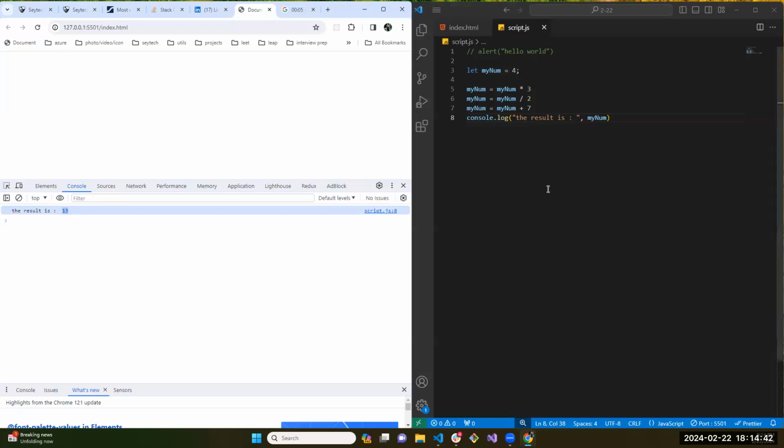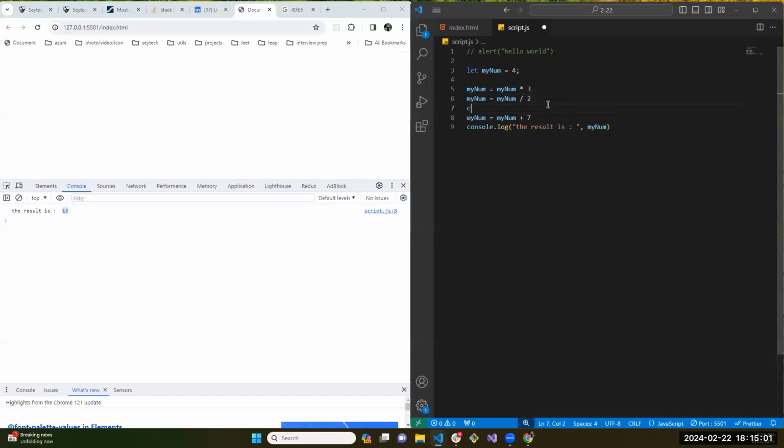And then what I can do is I can use a debugger. It's a special tool in your VS Code that will allow you to run your code line by line and show you how your mynum, this data, is changing on every line. Or in a quick and dirty way, you can check here, for example,